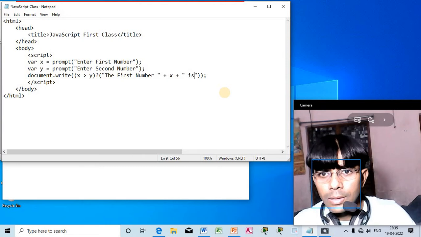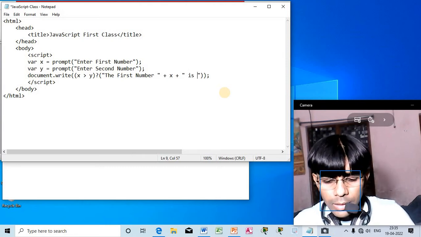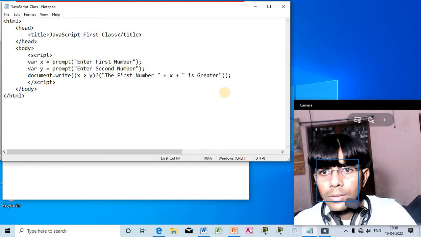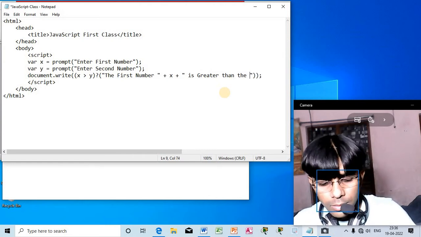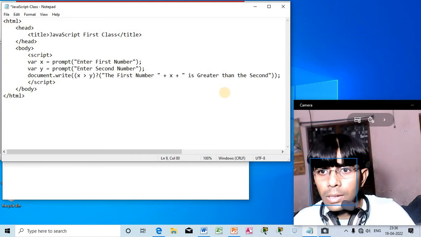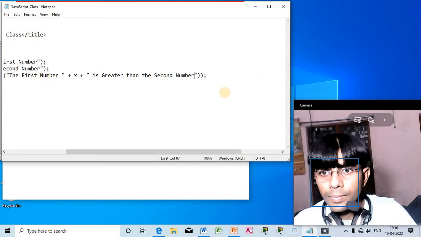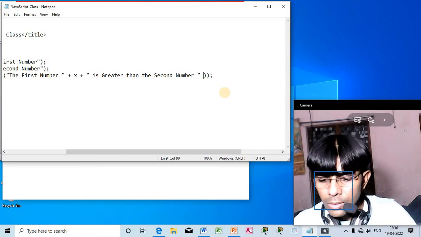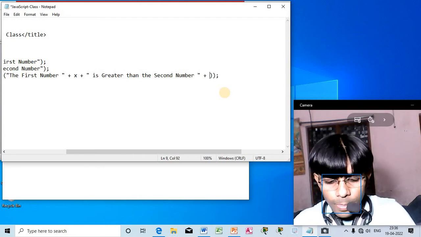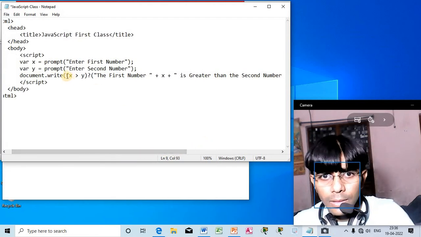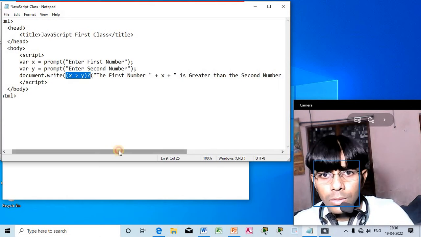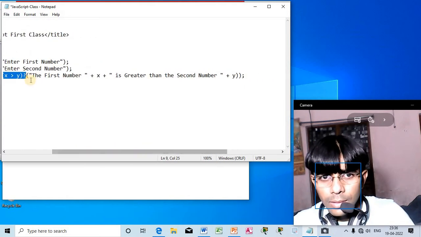So the first number x is greater than the second number. And which is the second number? That we are going to show, y, right? See, if this condition is true, then the first number, that is x,